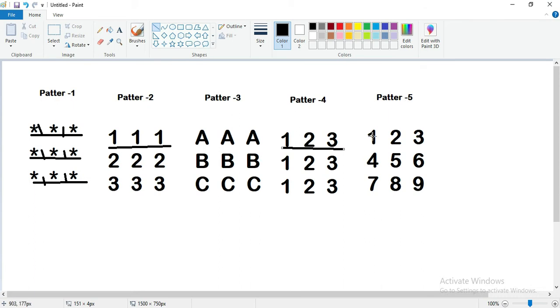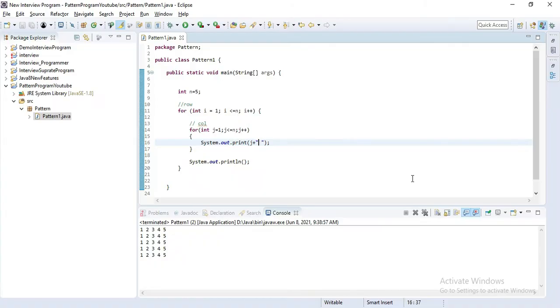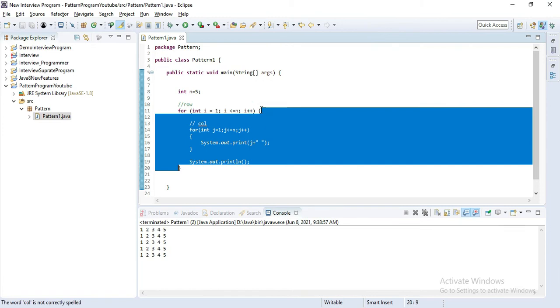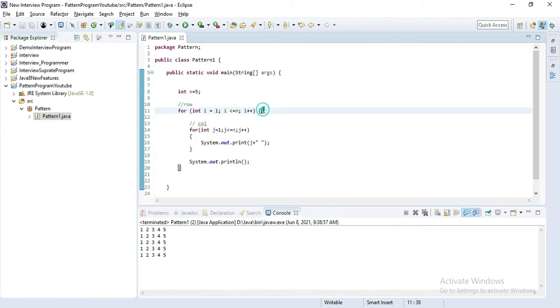The next thing is pattern 5. You can see this pattern is incrementing everywhere, starting from 1 and going to 9. It's not even column wise or row wise incrementing, it's incrementing always. So in this case we can't define any variable inside, because a variable inside a for loop is set every time; if we define 0 there, it is set to 0 every time. That's why we have to create one variable. I'll simply create here one variable, int k equal to 1.